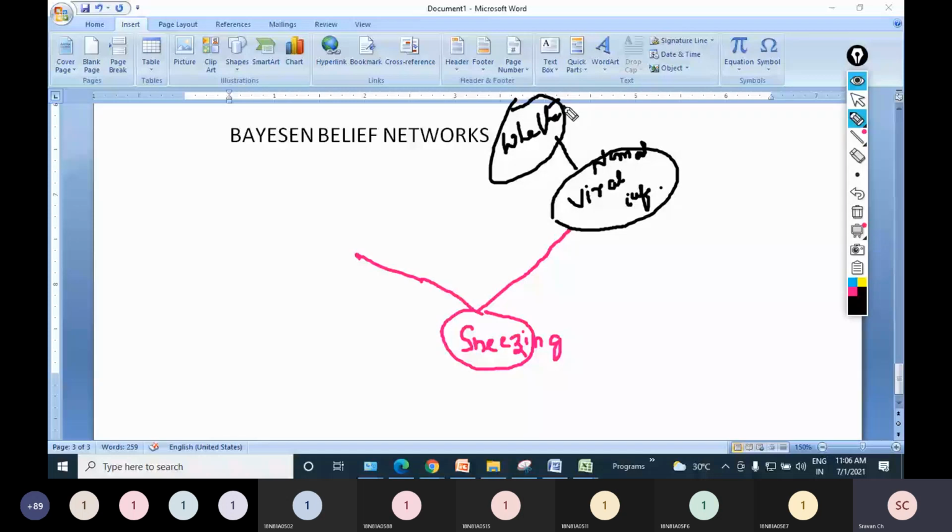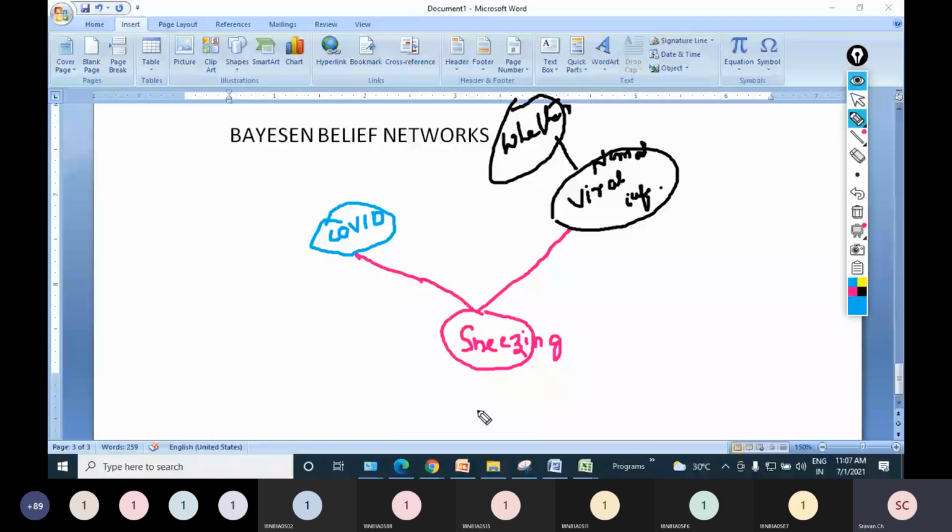Another possible reason for sneezing is, maybe, for example's sake, I am using it. Please don't take it otherwise. If someone is sneezing, today we are really afraid. Maybe this fellow got COVID. So if someone is sneezing, whether he was sneezing because of COVID or he has got a normal viral infection, I don't know. If he has got the normal viral infection, why did that normal viral infection occur? Maybe because of the changes in the weather, right?